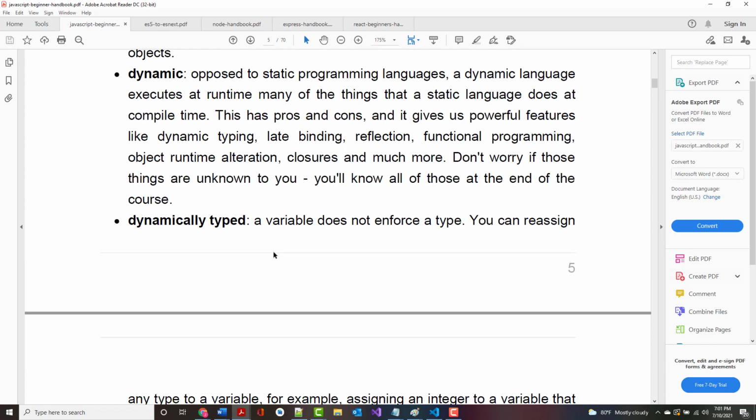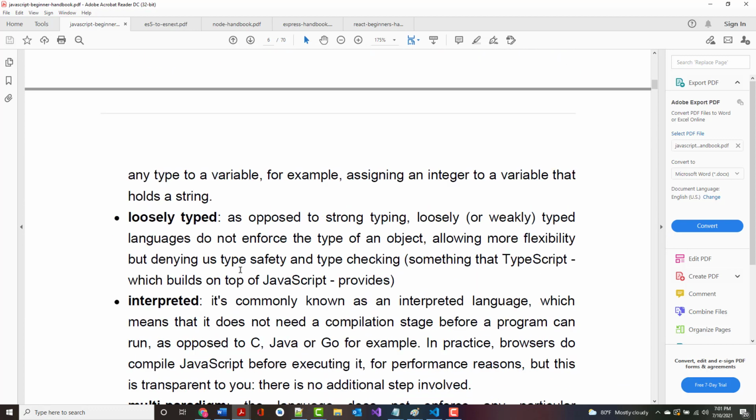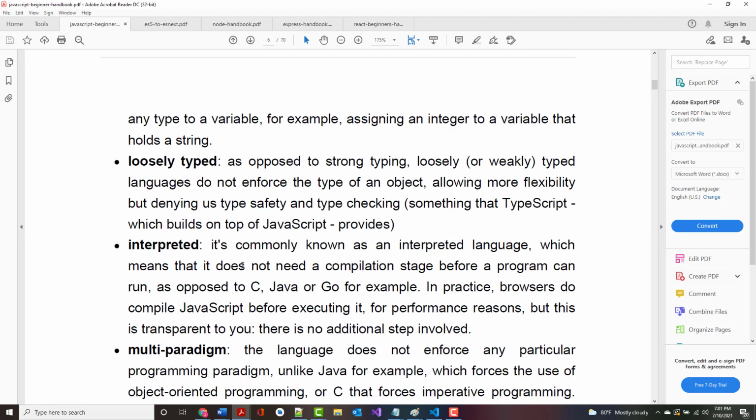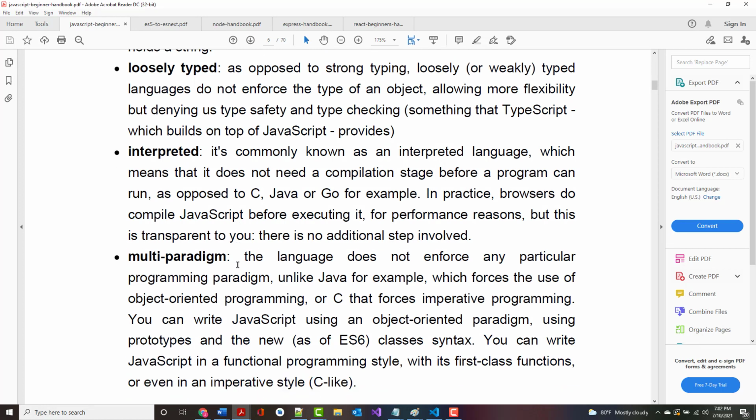JavaScript variables do not enforce a type. You can create a JavaScript variable and assign the number 15 to it. Then later in your program, you can take that same variable and assign the value true to it. Then later you can take the same variable and assign a string to it, like hello. Okay? And this all goes along with the fact that, as it says up on top of the page,